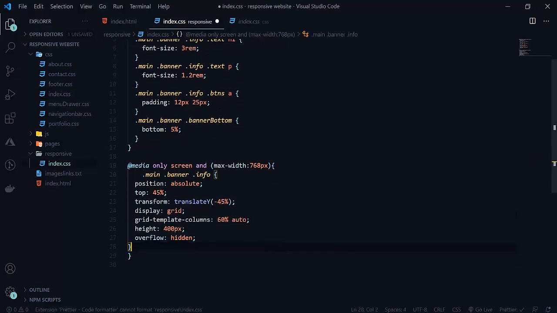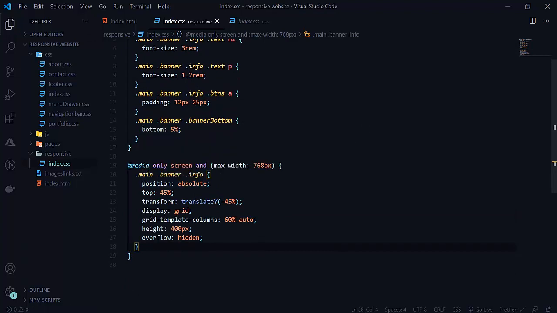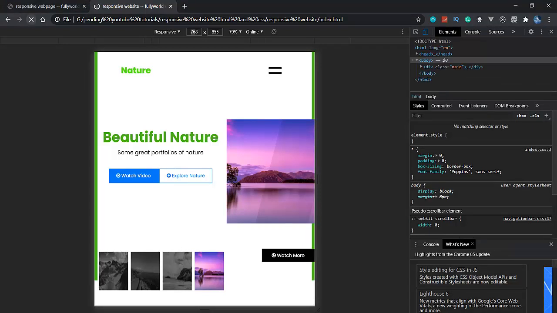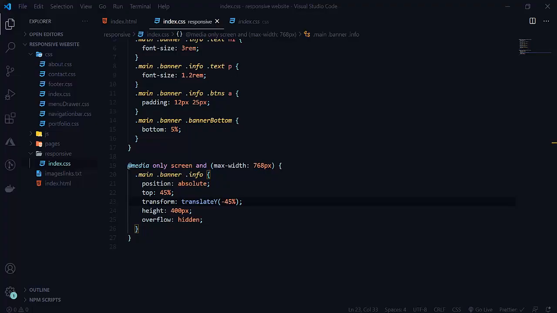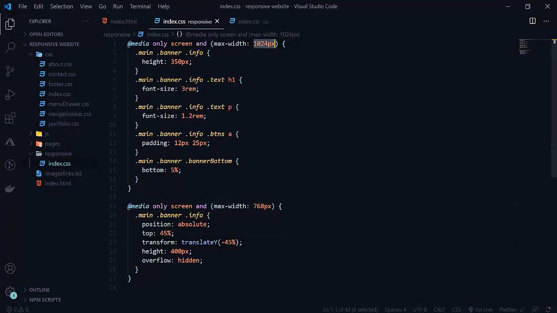So here we are here now. So here just we have to change this grid. So we will remove this all, because we don't want this here. So now let's see here. So when I reload this, see that we are getting the same, because in the 102 pixel and above in the main CSS we haven't set their grid, we haven't changed our grid system here, like that you can say.